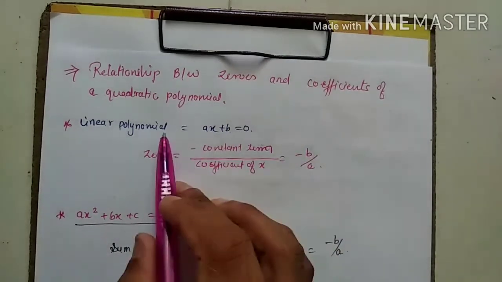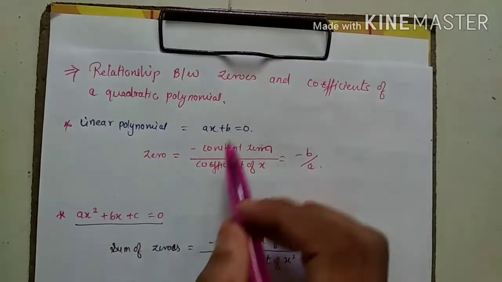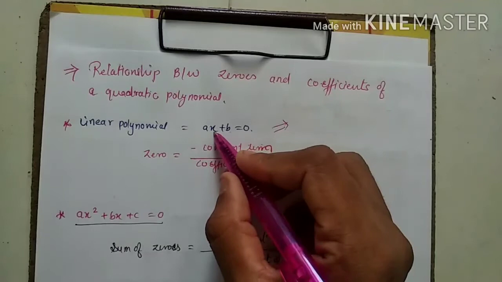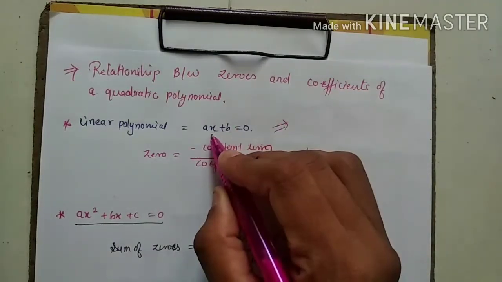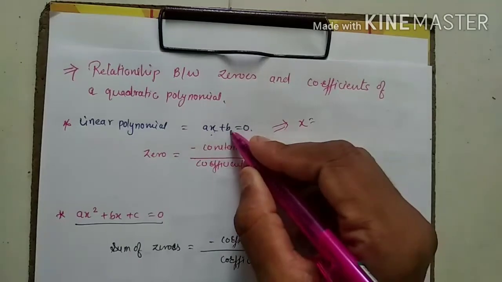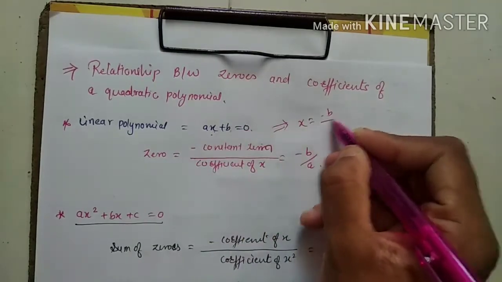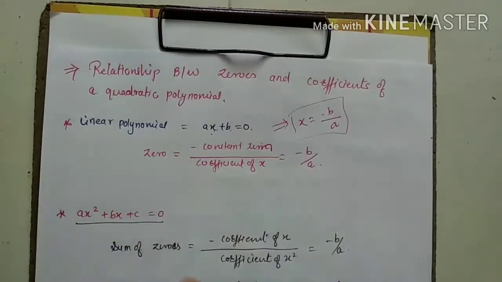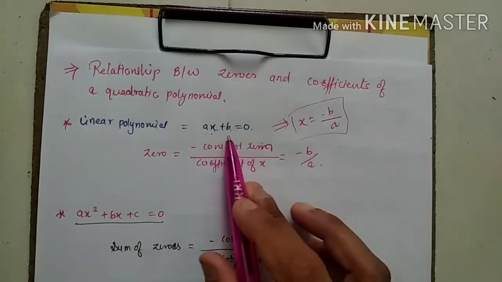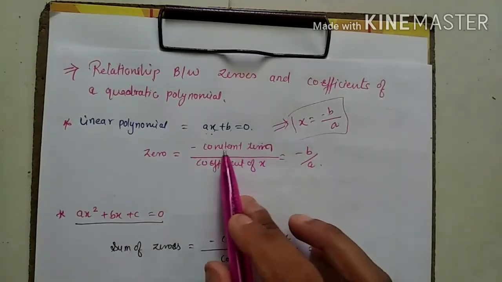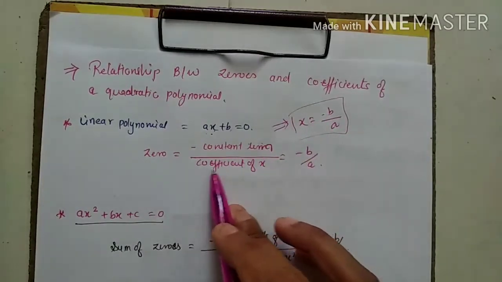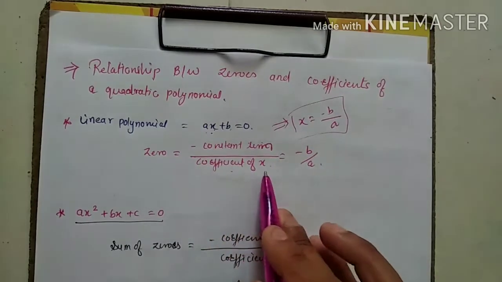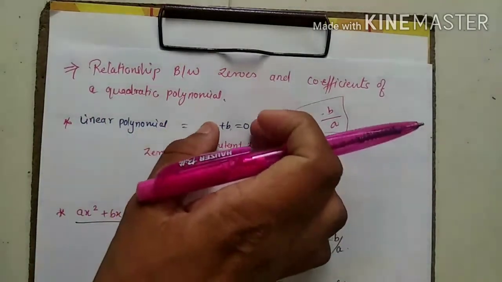Now just see, if you want to find the zero of the linear polynomial, what will you write? See how you get it. I want the value of x, correct? So the polynomial equals 0. I want x here. This b is positive, so it will go to that side as minus b. And this a is multiplying, so it will go to divide. So you can understand. If I want to find the zero, what I can say is minus constant term. The b is my constant term. That's why I have written minus constant term upon coefficient of x. This x has a coefficient a, which is going to that side as division, that's why coefficient of x. So this is the way we can write this formula, correct?